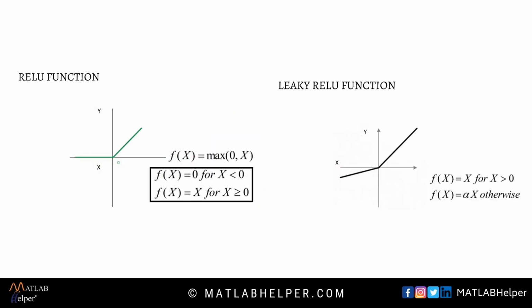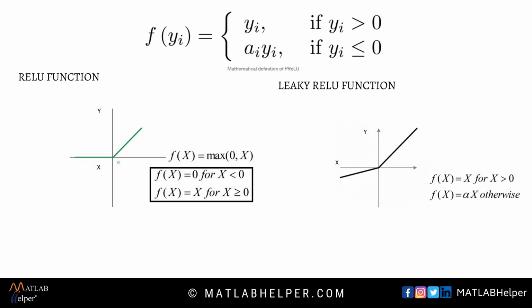Parametric ReLU will work as a ReLU or also will work as a Leaky-ReLU. Right here we can see mathematical and graphical approach of the parametric ReLU function. For negative values, if alpha is a small value, then it will work as a Leaky-ReLU, and if alpha is 0, then it will work as a normal ReLU. In this function, alpha is called a learning parameter.